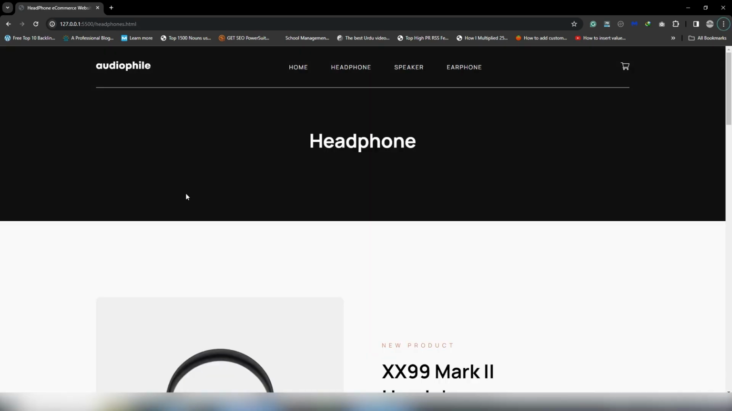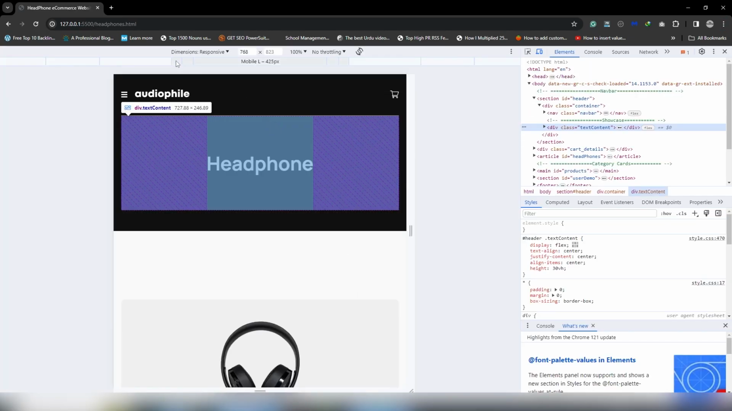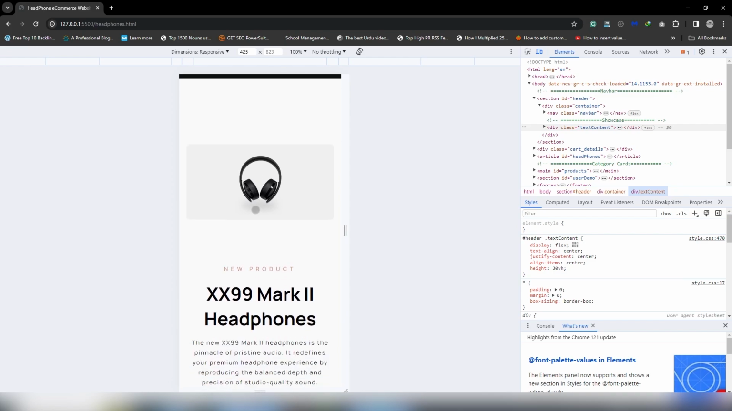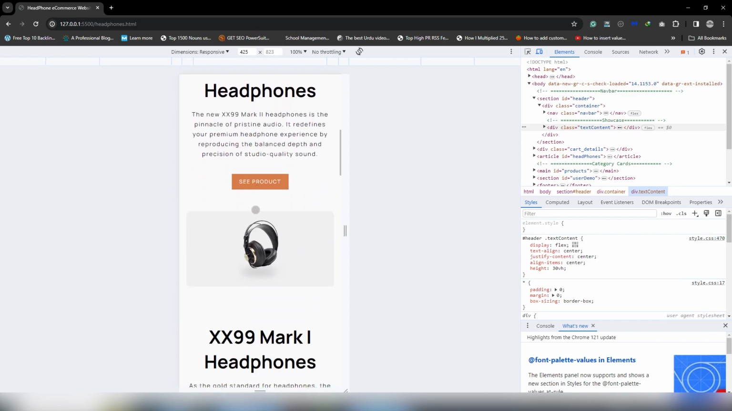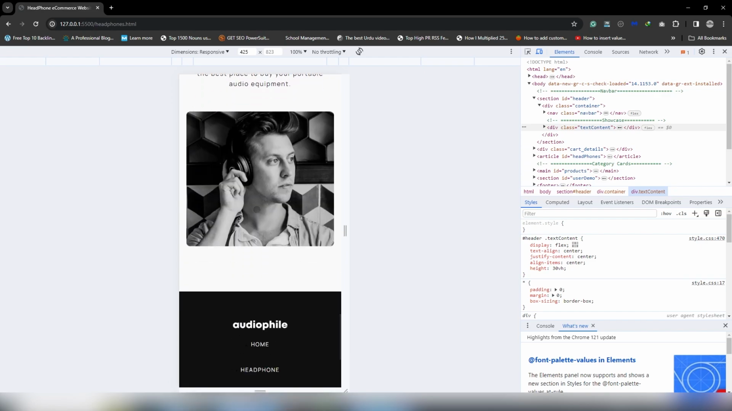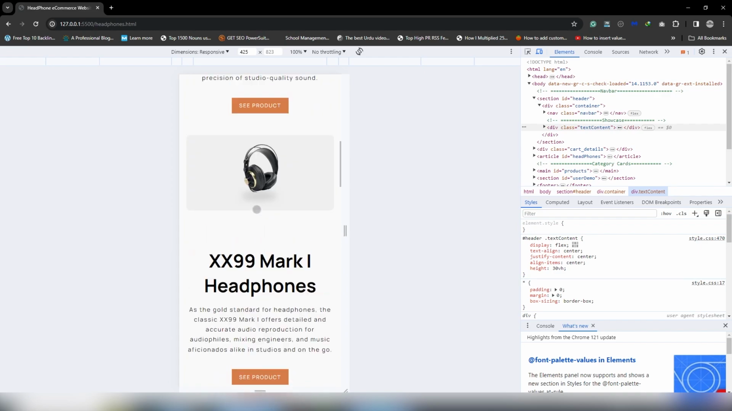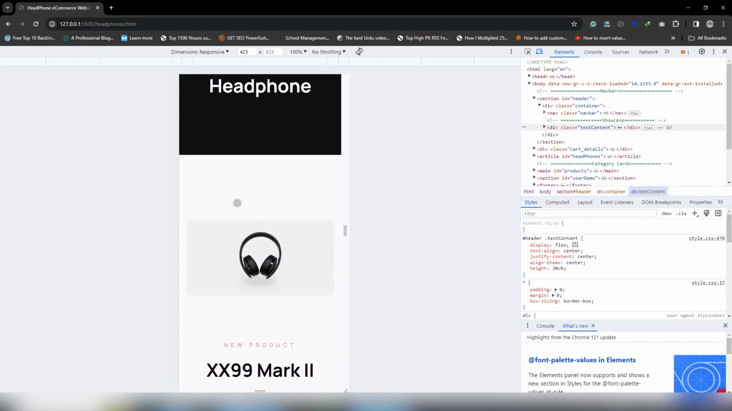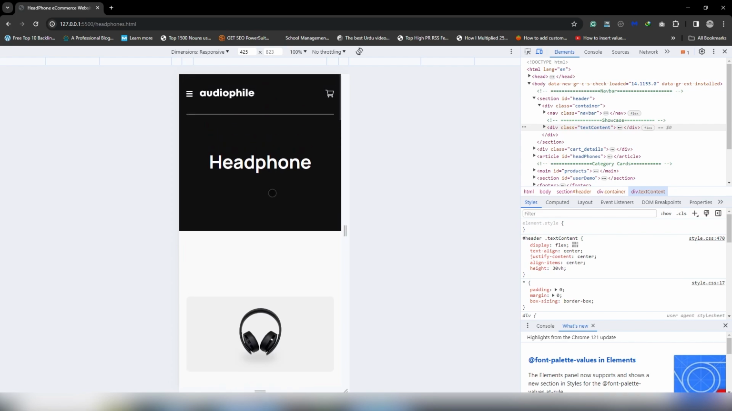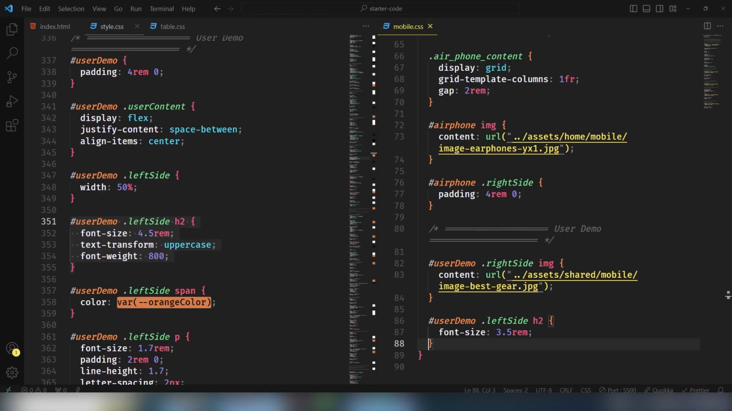Hey guys, welcome back. So let's work on the headphone page. So I'm gonna open it in the 425 pixel. So inside this one position, I will change it as everything is there, but we will change the images and we will decrease the space inside there, right? So let's see,